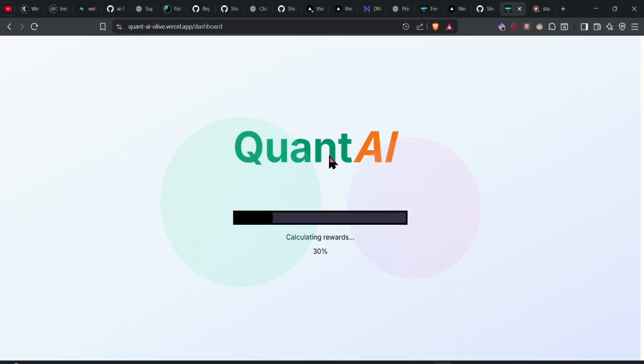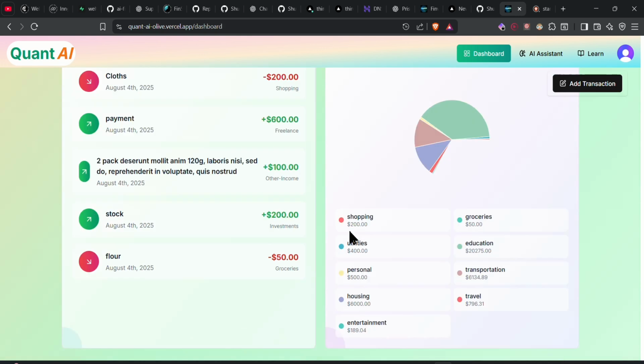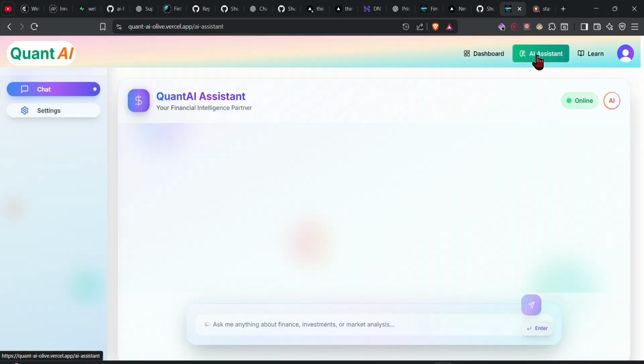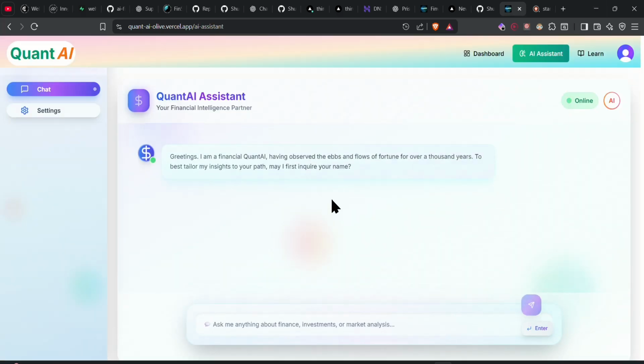You can get back to the dashboard panel by clicking on the dashboard. And next we have the AI assistant. Here it is, the Quant AI assistant that we have fine tuned to only answer you about finance and investment related topics. It will not give you answers on random or illogical questions. It will give you the best advice based upon the data that you have entered in your transactions and according to your budget. Like here, if I want to enter that,